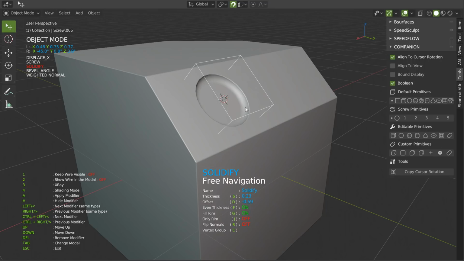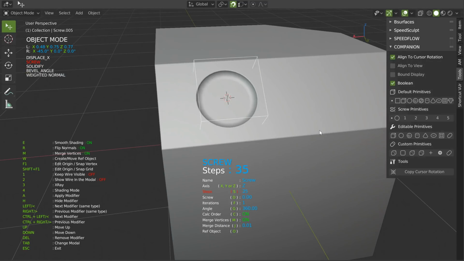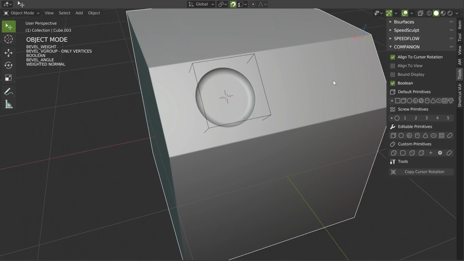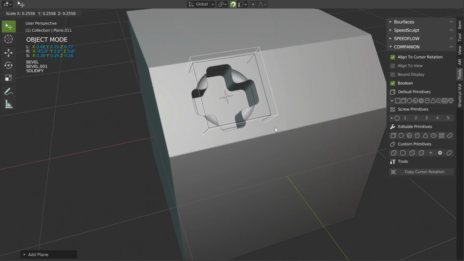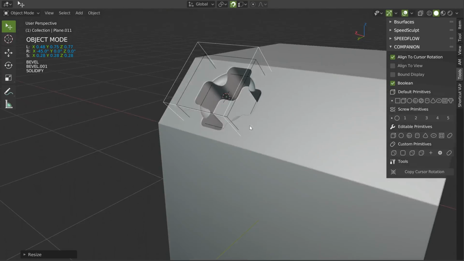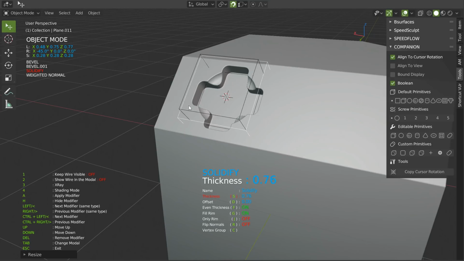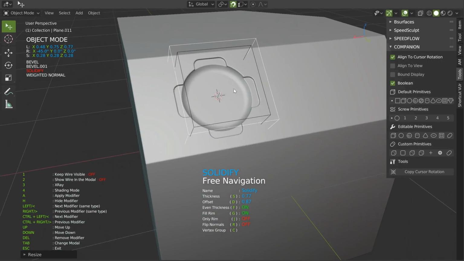And if I press 2, I will have this result. Okay, so you can decrease or increase really fast. This is really useful. And if you select this, you can, for example, press Alt, and I will click here. I have Align to Cursor and boolean. Alt and click, and that will give me this result. I can play with the solidify, can move it, and make something, why not, like that.